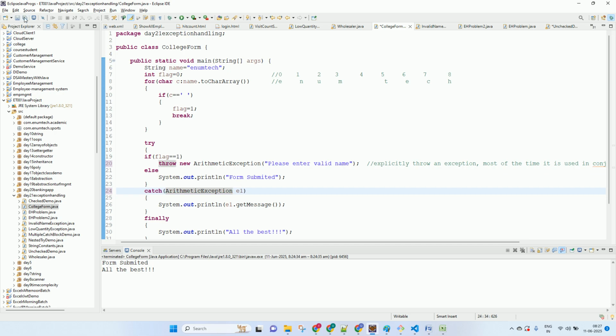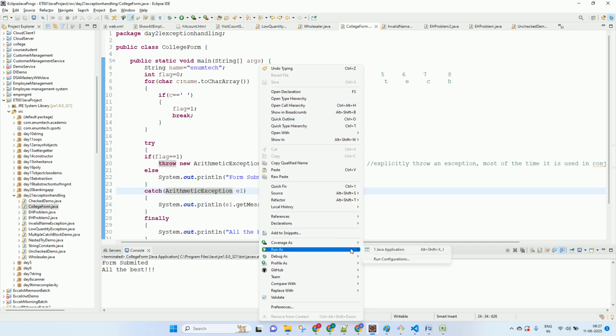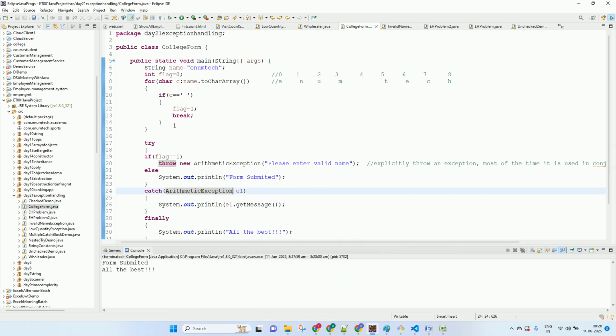So now for enum tech there is no exception, form submitted. If I give a space and run, getting it. So we can explicitly throw predefined exceptions also, but throw is normally used most of the time for throwing custom exceptions. Understood? Okay, so this was